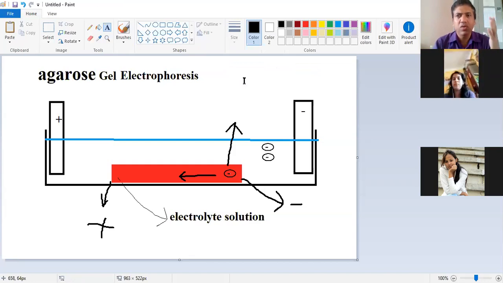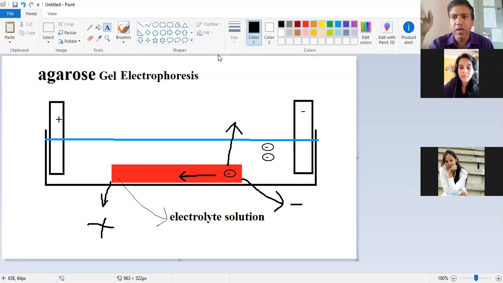In case of agarose, when you take the agarose powder, it is in monomeric form, and you put the agarose inside a liquid. It may be water or any buffer. Then you boil it. After boiling, these agarose monomers get activated and form the polymer, and you get the gel. So gel formation in agarose occurs through physical means.